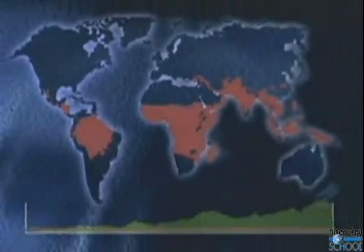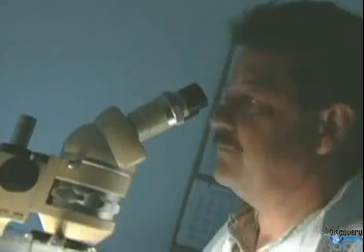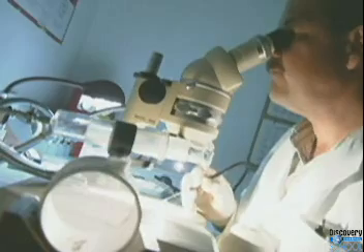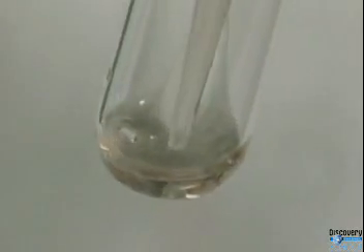Malaria is now found in most tropical regions of the world, but the continent of Africa is hardest hit. Close to 90% of the world's malaria cases occur in Africa. Worldwide, more than 120 million people each year contract malaria, and the disease is responsible for more than 1 million deaths. The push to slow the spread and ultimately wipe out this deadly disease is a race against time.